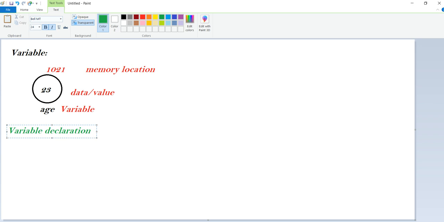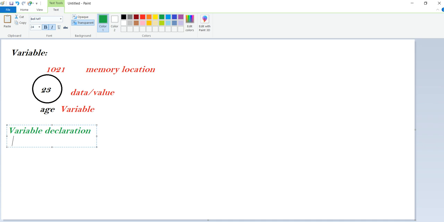The process of specifying what type of data is stored in a memory location is called variable declaration. Already we discussed in our last tutorials that there are different types of data.